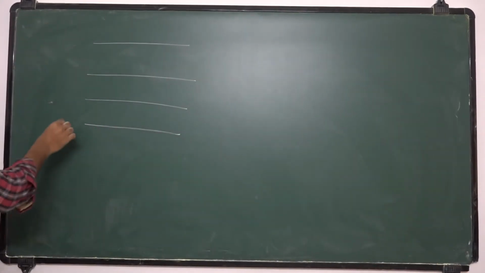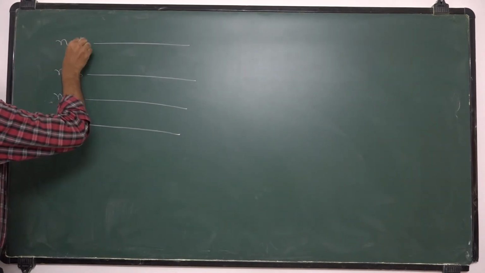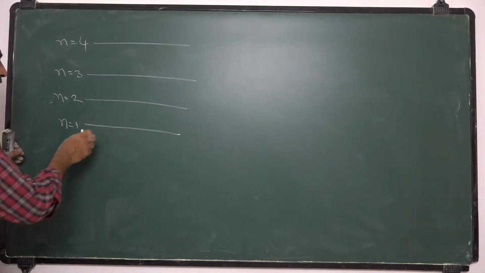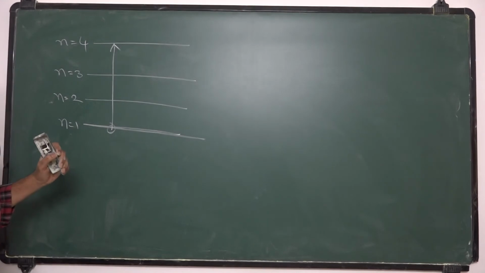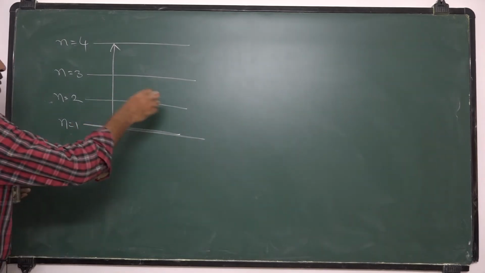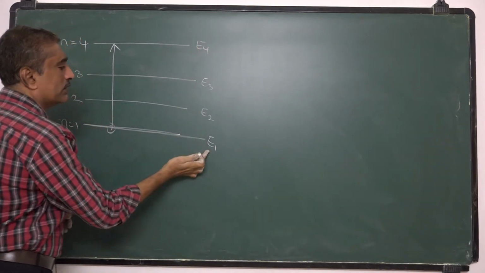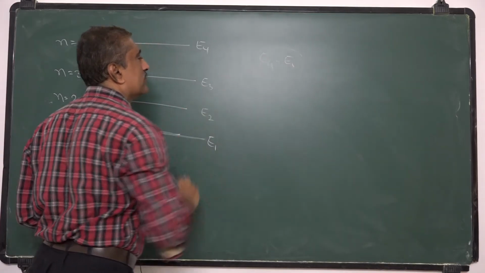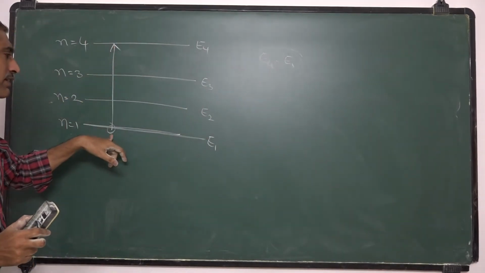Now, like this, n equal to 1, 2, 3, 4. Suppose an electron absorbs energy from the ground state, the first state, and excites to the fourth state. Assume the electron in the ground state absorbs energy; if we label the levels E1, E2, E3, E4, suppose it absorbs an energy equal to E4 minus E1. Suppose we supply an external energy equal to E4 minus E1 to this electron, then it excites